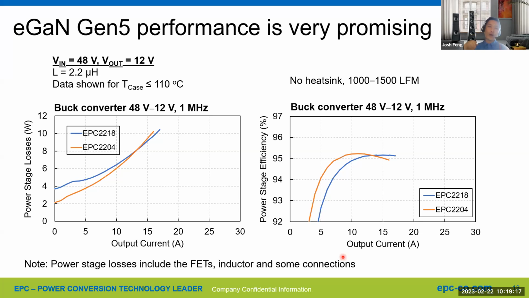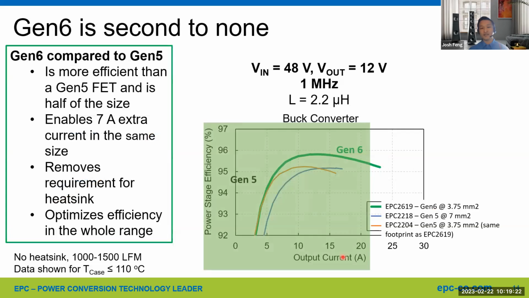However, if you take one more step forward, our generation 6 device is literally second to none. It's definitely more efficient than our Gen 5, and it could be half the size of the 2218. It enables a couple more amps of current with the same footprint, reduces the heatsink requirement, and optimizes efficiency across the whole range. If you look at our current sweep from light load all the way to 20 amps,